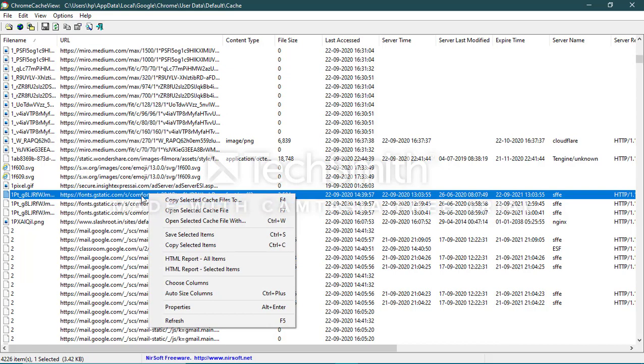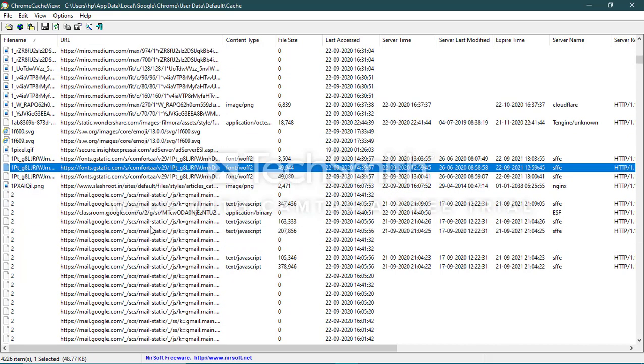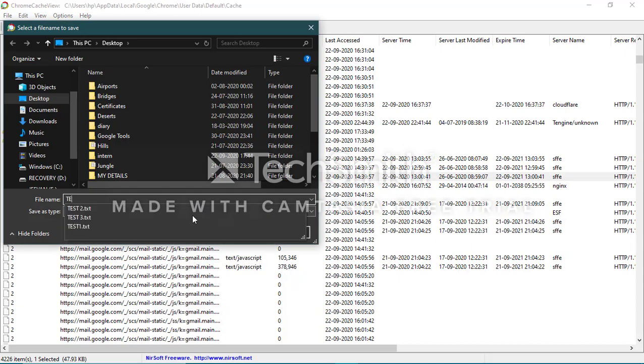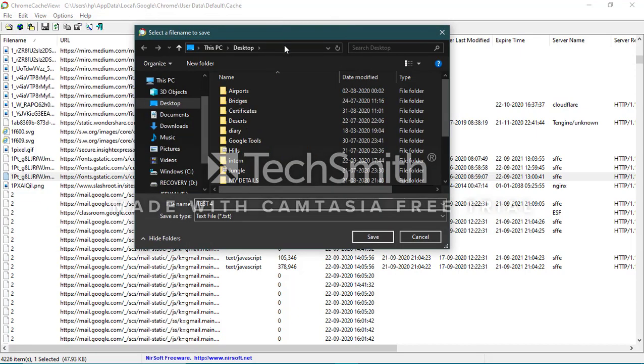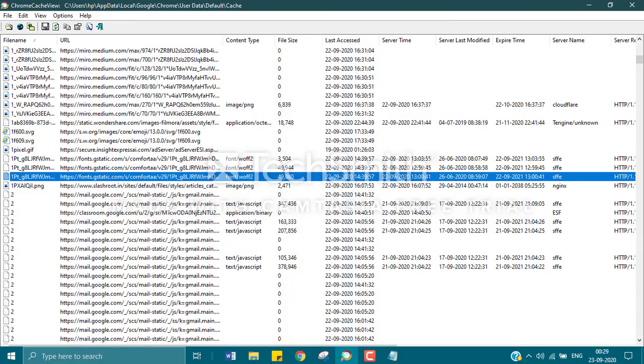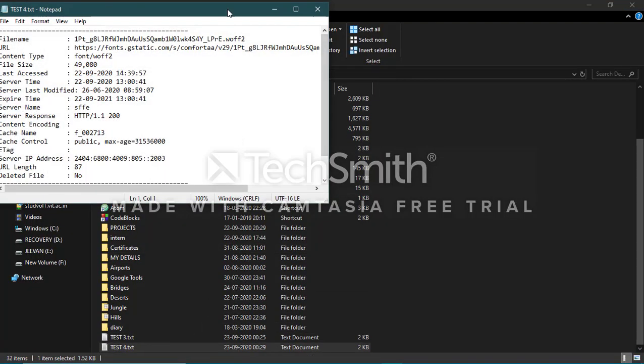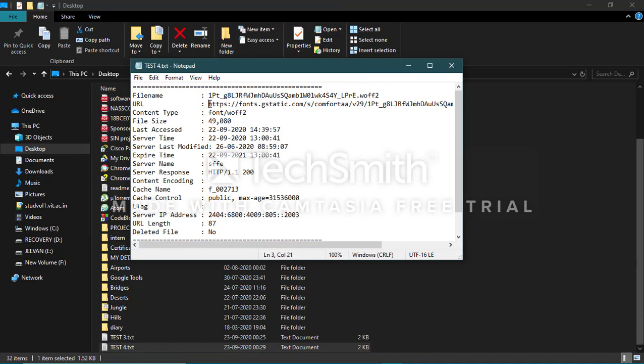We'll try one more, a different type of file. Just save this one. We'll name it test4 this time and save it. We see test4 over here, and we just copy the URL once again.